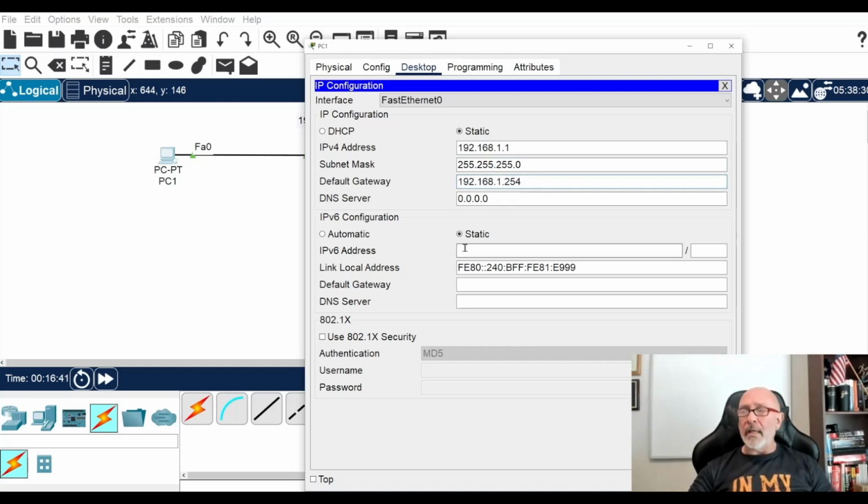I'm not doing IPv6 or anything like that. If you're given a lot by your professors, this automatically is there. I didn't do anything. It's already there. But whatever. If you put an IPv6 address, depending how good your computer is, it'll take a little bit and it should populate. These populate by themselves. The link local address, but we're not going there. This is just IPv4. All right, so I got that done.